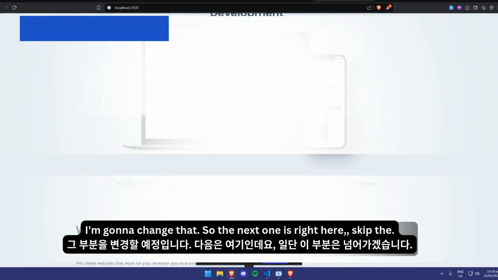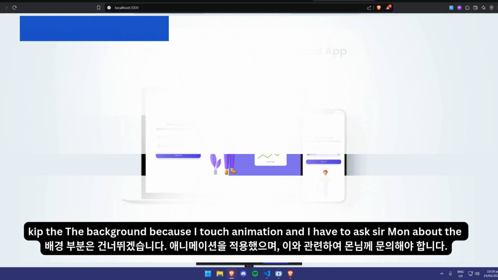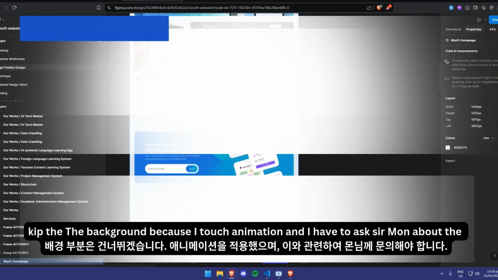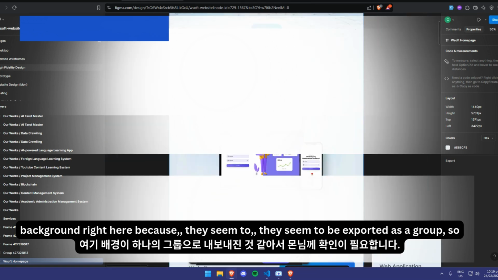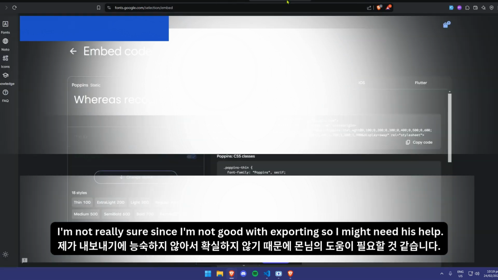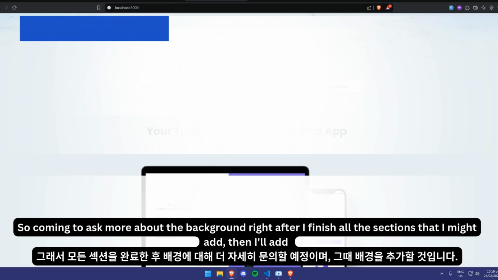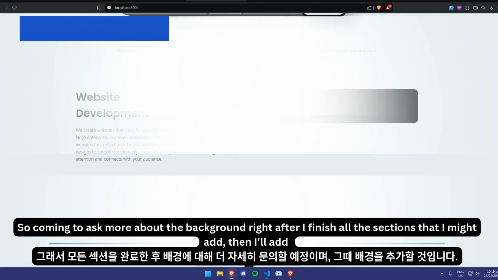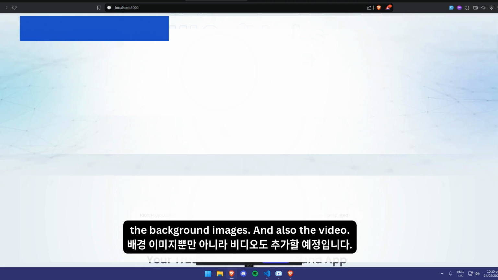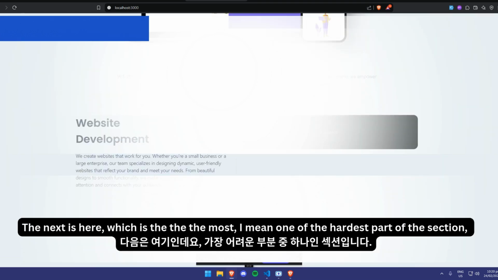The next one is right here. I'll skip the background because it has animation and I have to ask Sermon about the background right here, because they seem to be exported as a group. I'm not really sure since I'm not good with exporting, so I might need his help. I'm going to ask tomorrow about the background. Right after I finish all the sections, I'll add the background images and also the video. The next is here, which is the most,